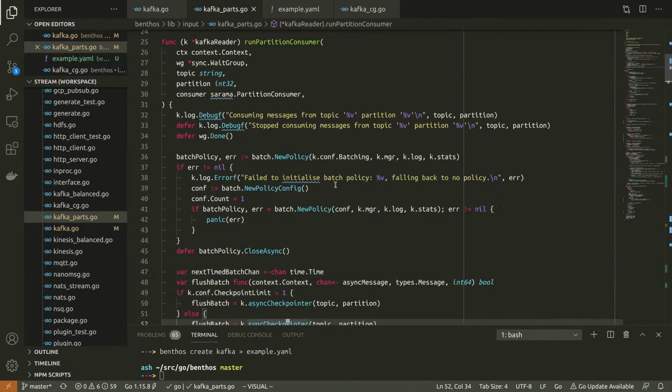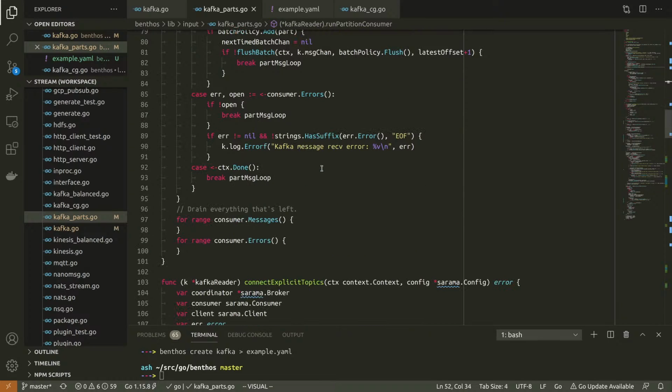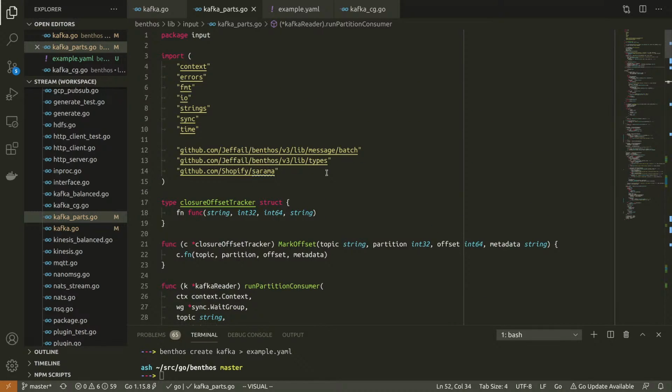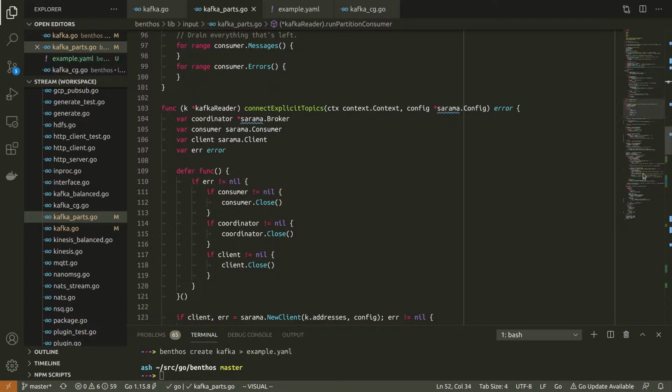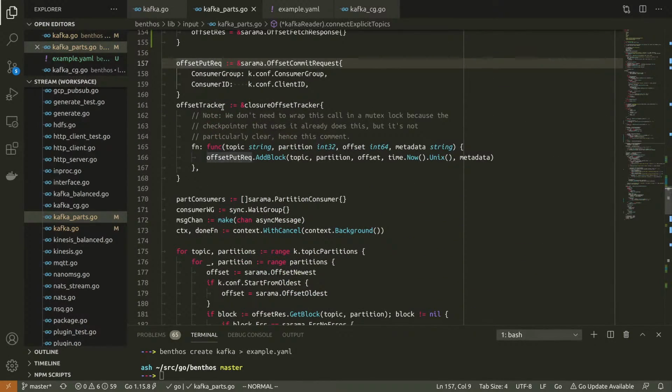So what does that actually mean? Back in my Kafka parts consumer, what that means is the offset put request and offset tracker get initialized and we still interact with them.